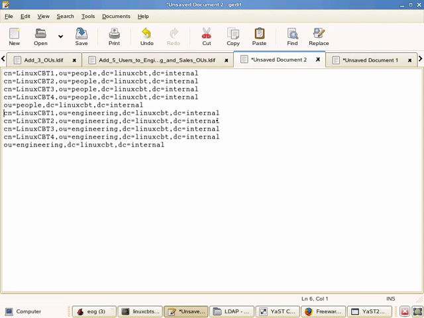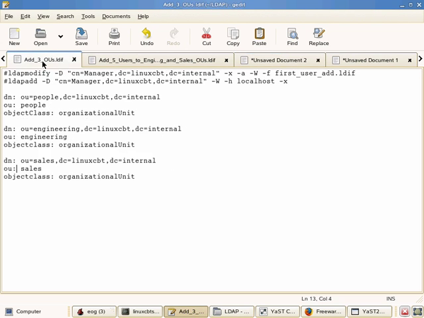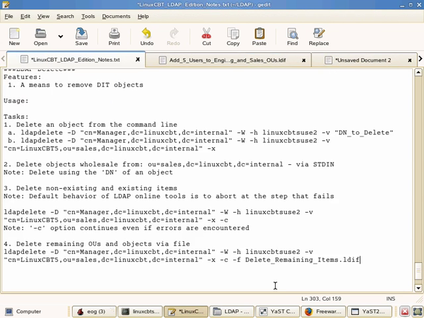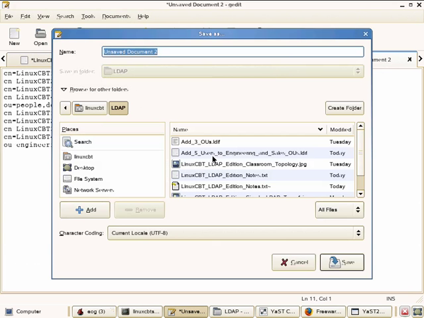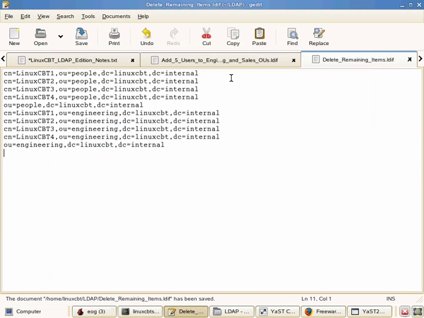So this will delete all of the items, but before we delete them, let's save the file and then try what we told you we would attempt, which is to delete a top-level container without first removing the objects contained within. And for obvious reasons, you should be able to infer that it will not be possible. Let's save this document as delete remaining items .ldif,